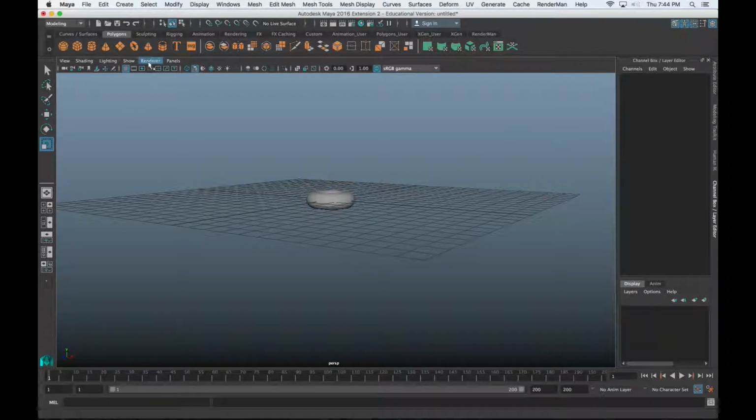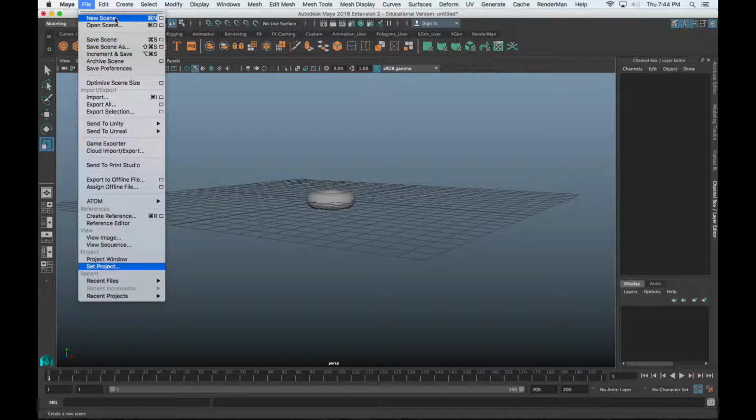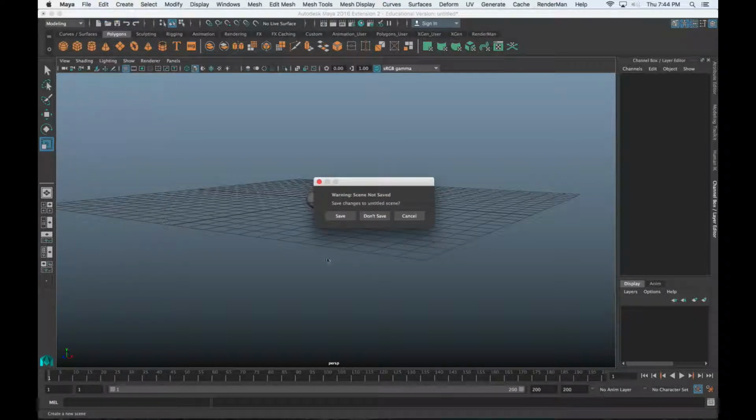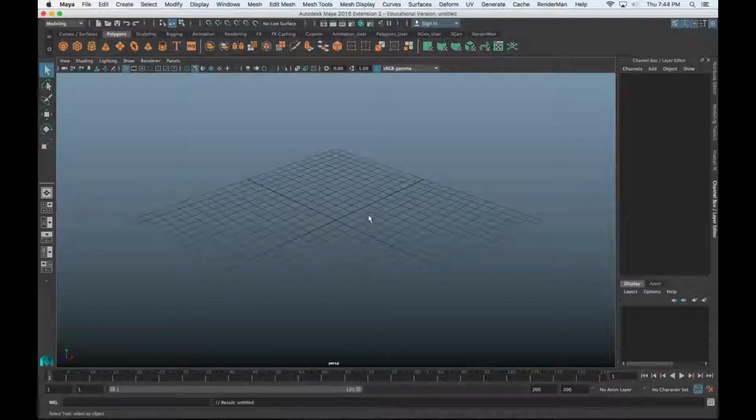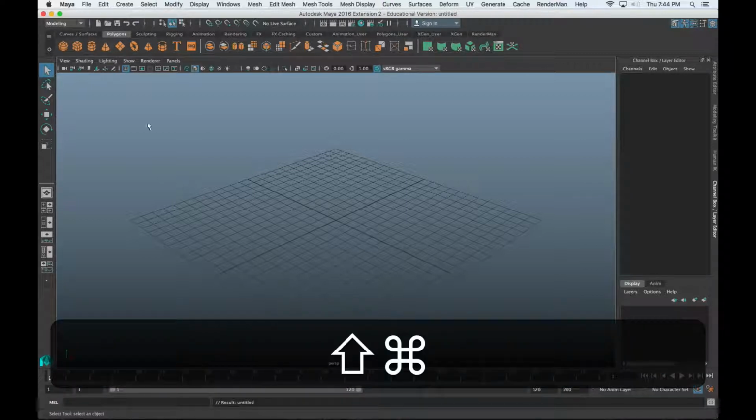Okay, so now we've got our project set. Now we can create a new scene. So File, New Scene. I don't need to save this current one. If you've done something magical in the last 5 minutes and you want to save it, feel free. I, however, did not. So I've got a new scene created, and the first thing I'm going to do is